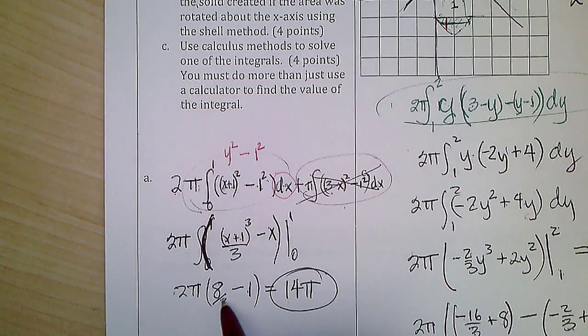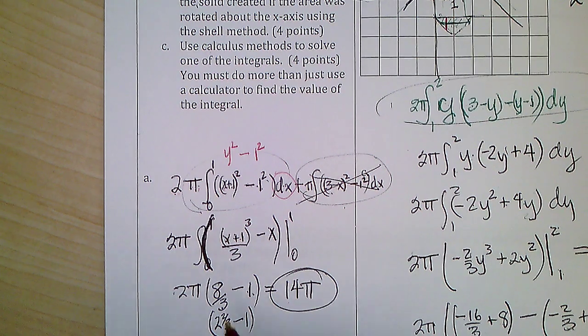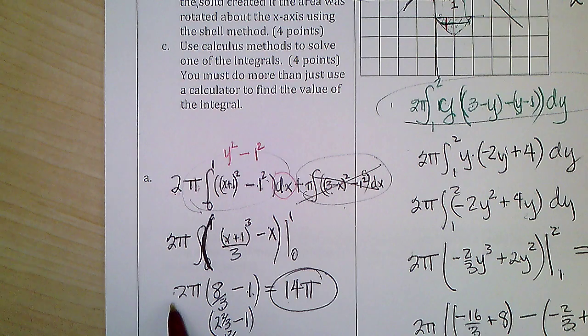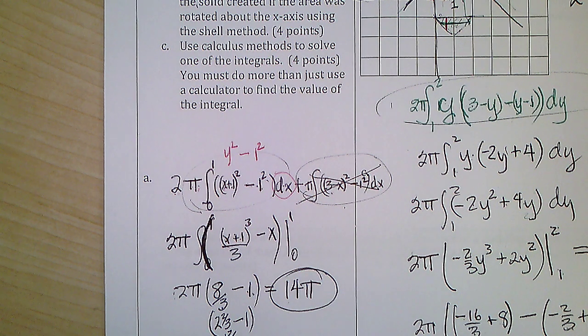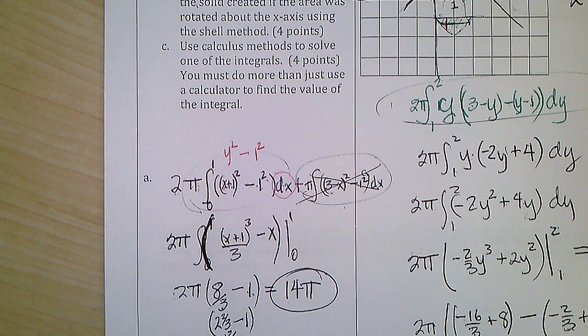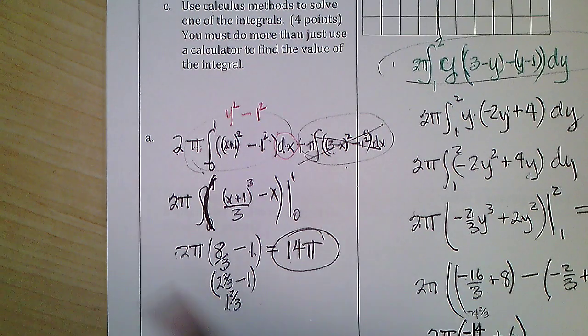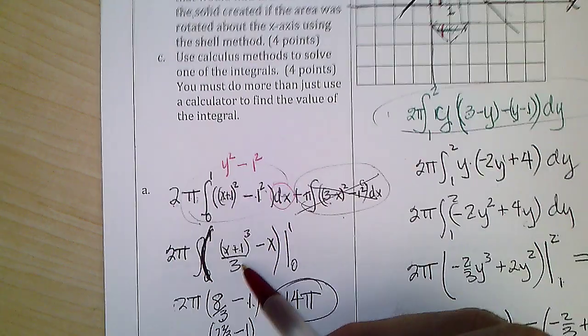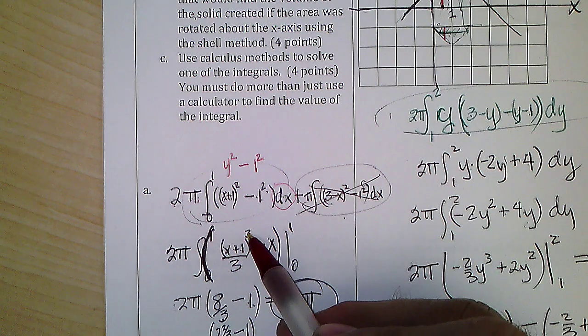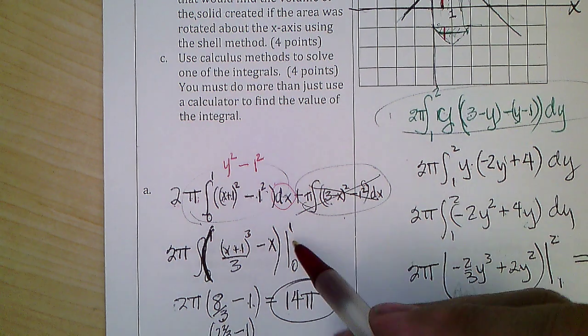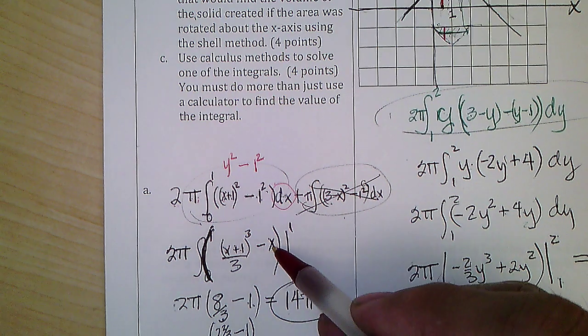So this should be 8/3 minus 1. So that is 2 2/3 minus 1, which is 1 2/3, times 2 is, minus 1. Should be, when I double it, I should get 2 2/3 and not that. So 1 from 2 2/3. So let's see. If I put in 1, what am I missing here? 1 plus 1 is 2. Cubed is 8 over 3. I forgot the 3. Put in, then the integral of 1 is just